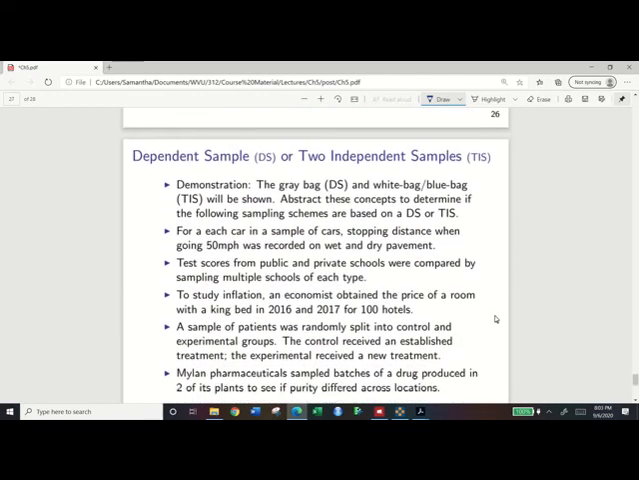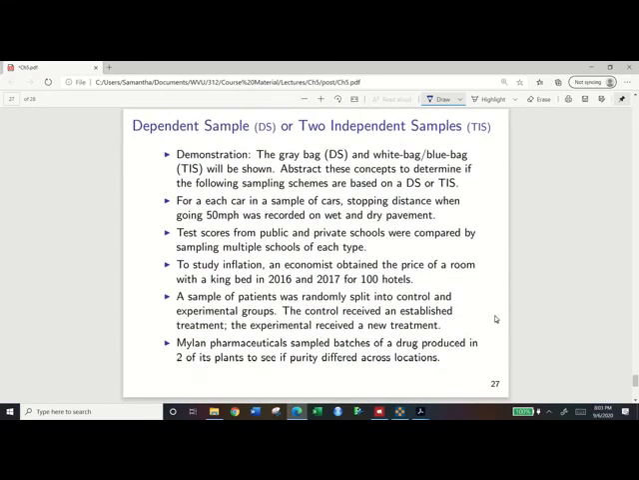I do want to do a real quick practice exercise talking about whether or not we are going to be looking at dependent samples or independent samples. I'm going to skip over this demonstration as we are working online, but instead I'm going to read a few scenarios and try to determine whether these are dependent samples or independent samples. So for our first situation, for each car